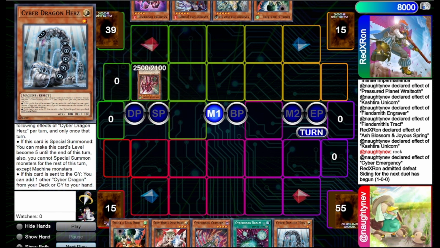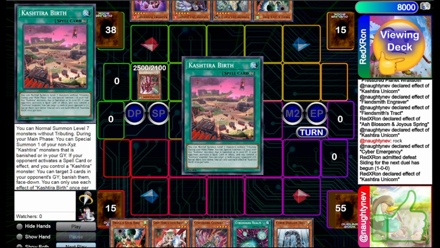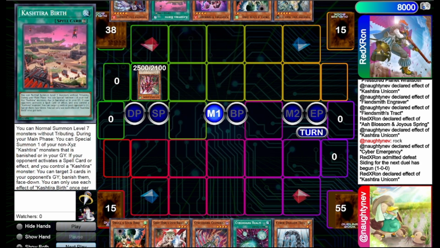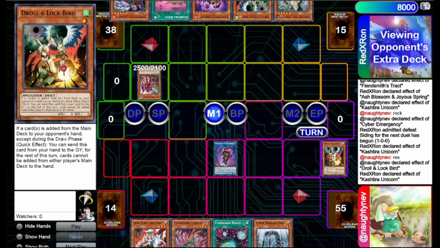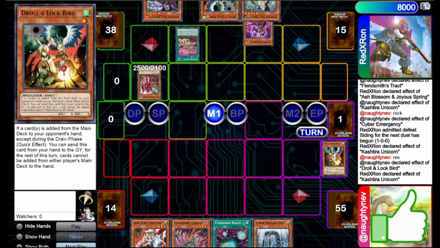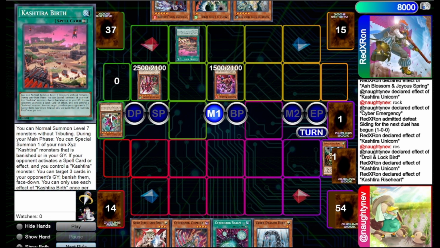So, opponent enters the main phase, special summons Unicorn. They will search for Kashtira Birth. In response, we will activate Droll Lockbird, and on the new chain, they'll activate Unicorn to banish the Requiem from our extra deck. Opponent will activate the Kashtira Birth, and my opponent just skipped a step, but basically he was